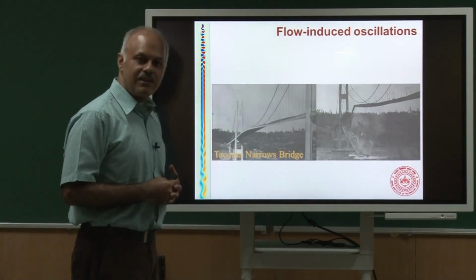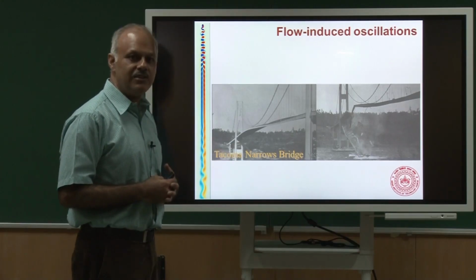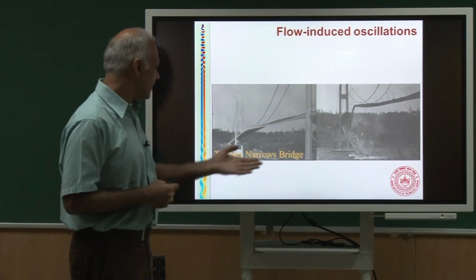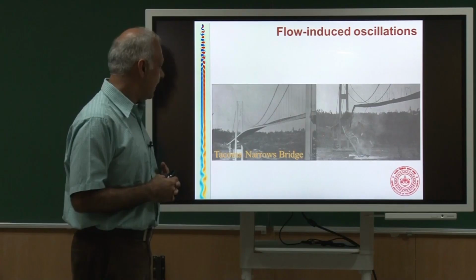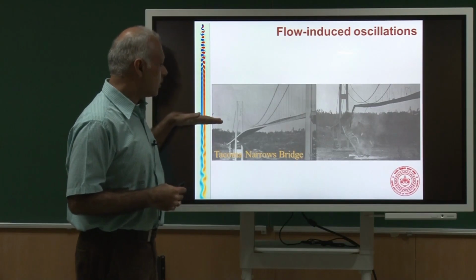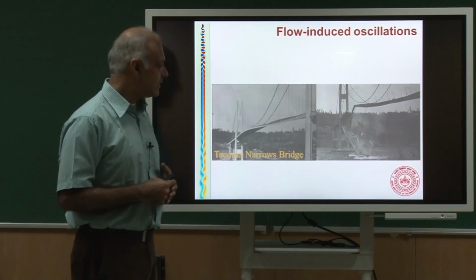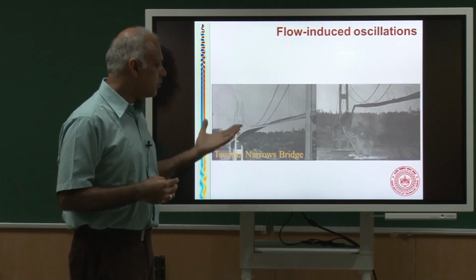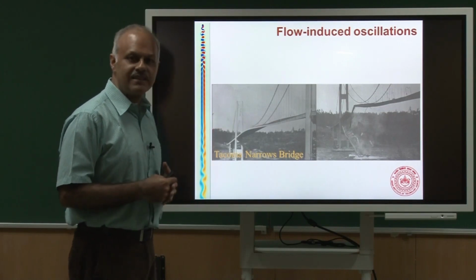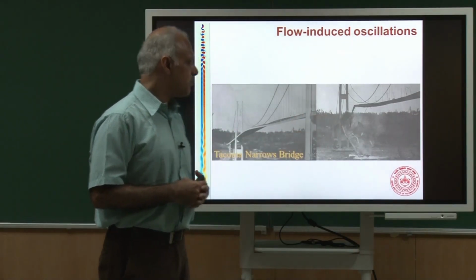Well, it is not just flying structures, even in bridges. So, here is an example of a disaster which happened because of wind loads. So, here is a bridge over one of the rivers, the famous Tacoma Narrows Bridge, and on one of the days when it was very windy, this bridge started developing oscillations, and people who witnessed this, they have written accounts about it, that these galloping oscillations, as we call them, became very large, and eventually it led to the bridge breaking down.